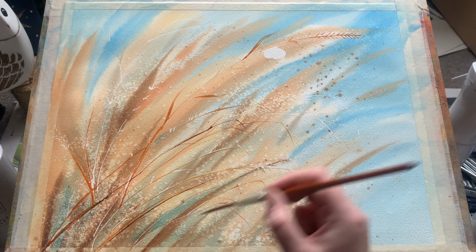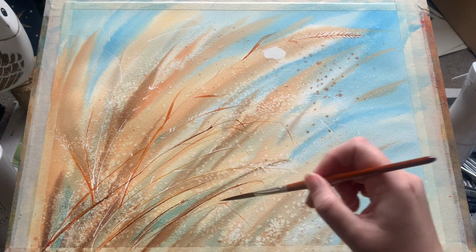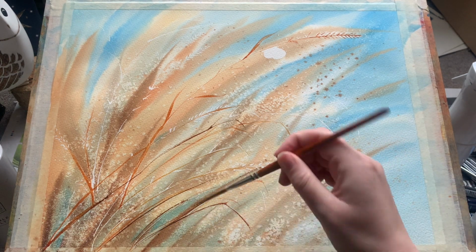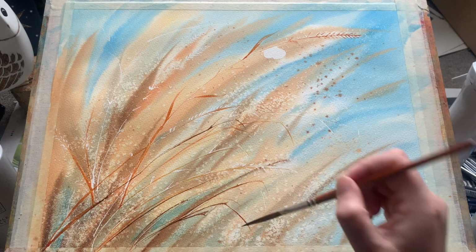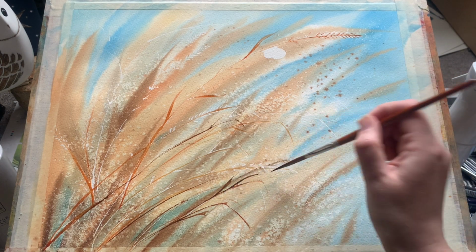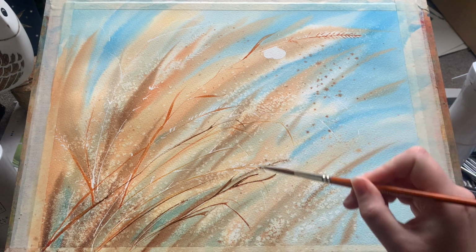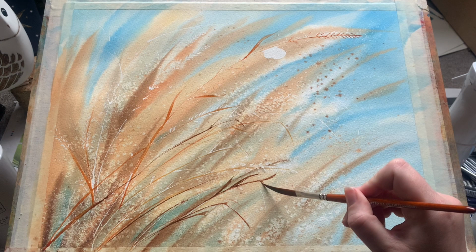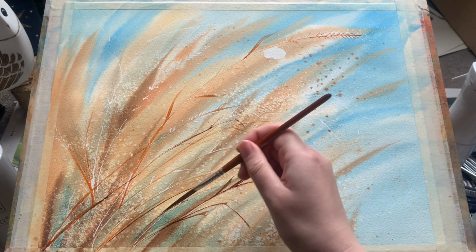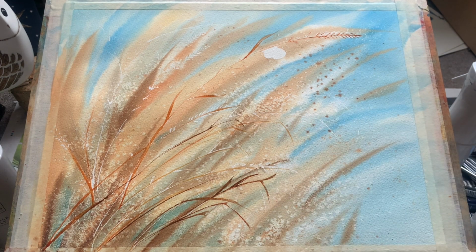So I'm coming in now with some burnt umber to give a little extra depth. Basically, as I'm putting in these loose grasses, I'm trying to vaguely follow the pale lines I have left with the masking fluid, using them to give a little bit of shadow and dimensionality to the lines, but I'm also just freely doing my own strokes and patterns wherever I look at the paper and think,